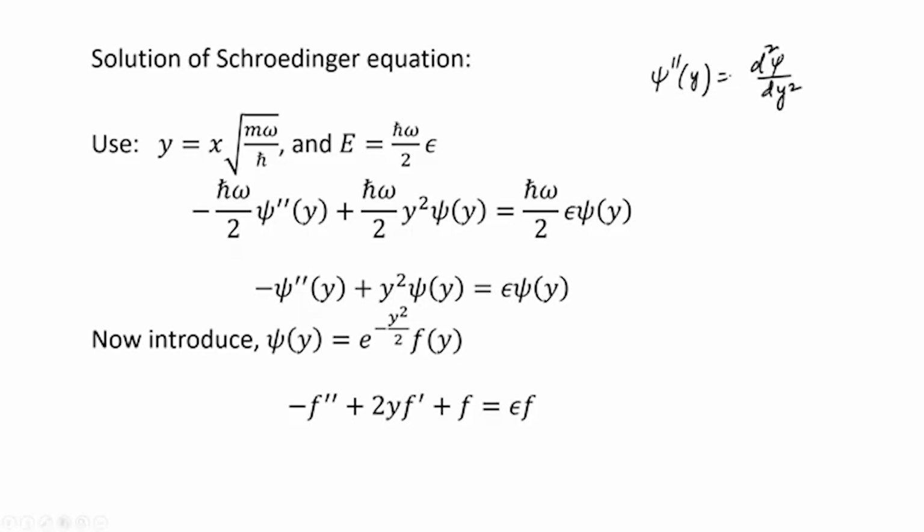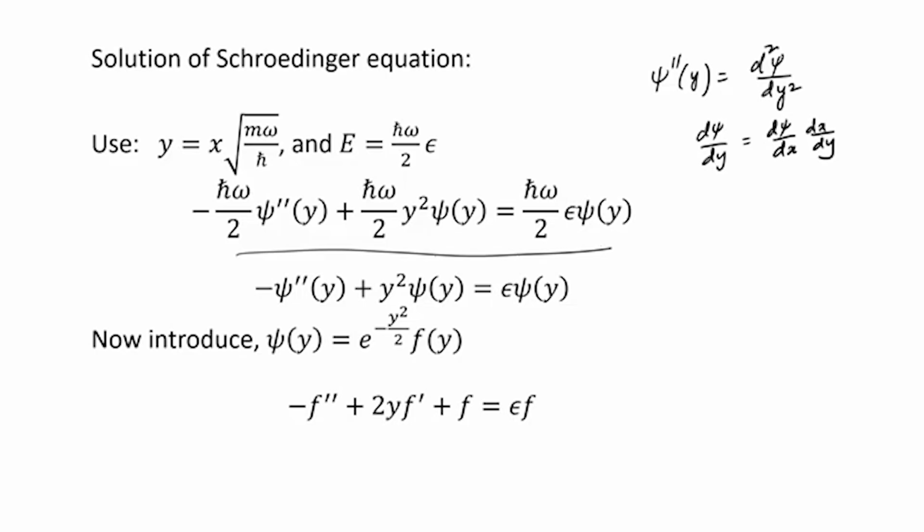We have changed the variable from x to y. So, whenever you need to take a derivative, what you should do is that d psi dy is equal to d psi dx times dx dy. dx dy can be calculated from the transformation that you have used for relating y and x, and after that the Schrodinger equation takes this form which you see here,